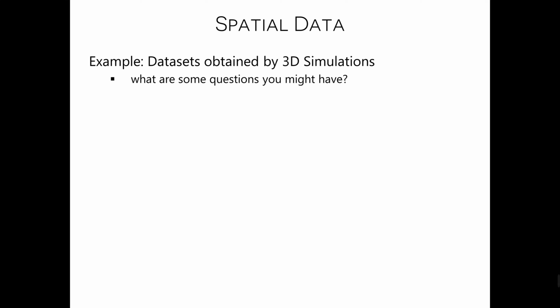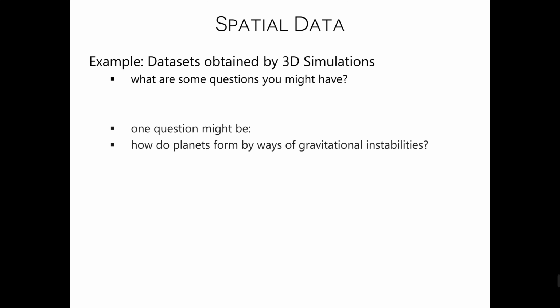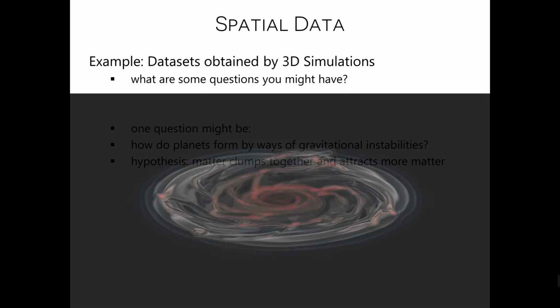Then another kind of spatial data is data sets obtained by 3D simulations that I told you about already. Some examples: how do planets form by way of gravitational instabilities? That may be an interesting thing. You may make a simulation, and you have a hypothesis that matter clumps together and attracts more matter as we go, right? I mean, we know this. This is how the universe was created, right? Matter clumps together, attracts more matter. And you make a simulation, try to show that, right? And then the simulation is just a bunch of numbers, and you want to visualize it so people understand how it really happens. And here's such a video